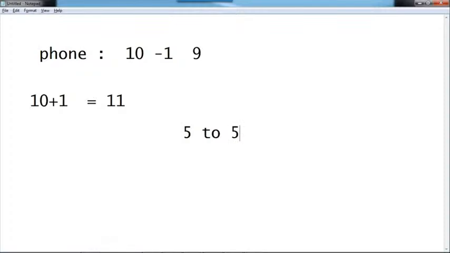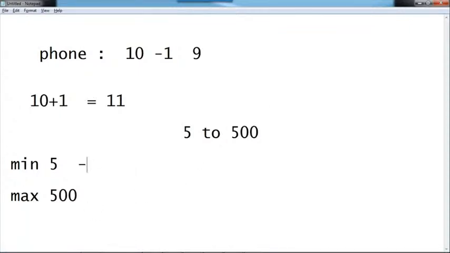Suppose we need to test this. We cannot add all the numbers 5, 6, 7, 8, 9, 10. It will take a lot of time. So how do I test this? The simple way is to take the minimum value. The minimum value is 5, and the maximum value is 500. So how do I test this?